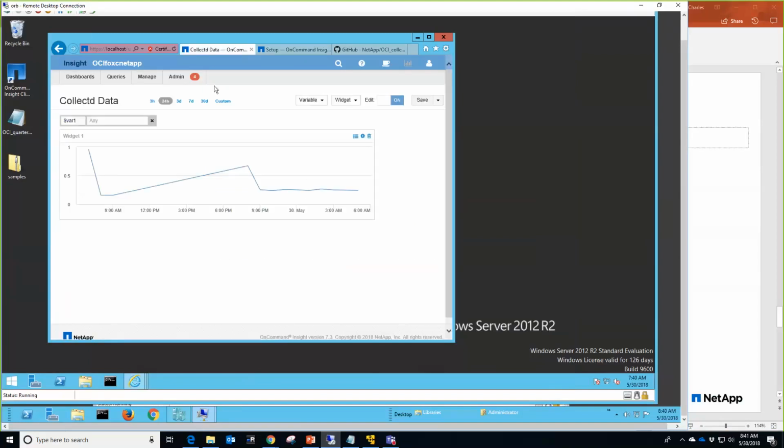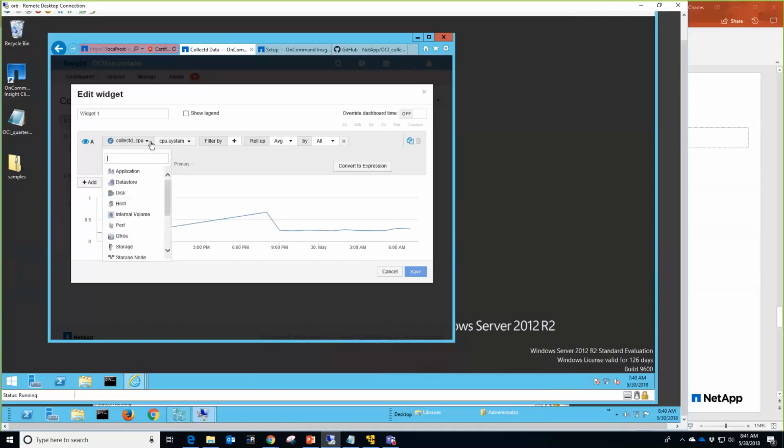Now, here's just a little dashboard that I put together. There's 3 of them, and I just called it CollectD. What I did is I created a dashboard, and I added a widget onto it, and this just happens to be a line chart widget. We'll turn edit on, and we can take a look at this guy. And when you want to add data, what's interesting is you need to go over to widget settings, the gear,